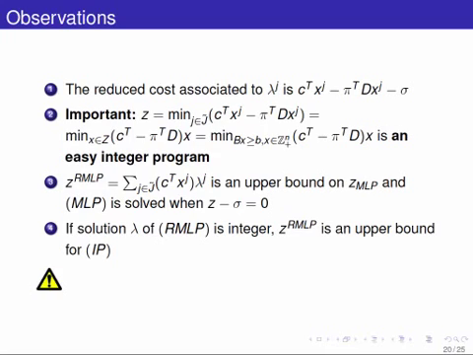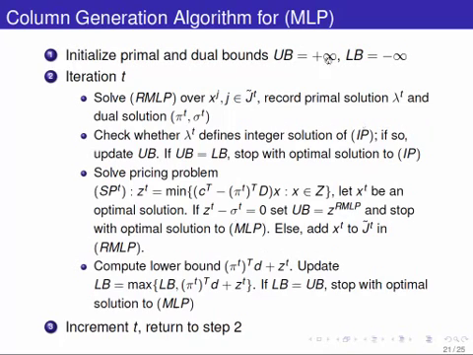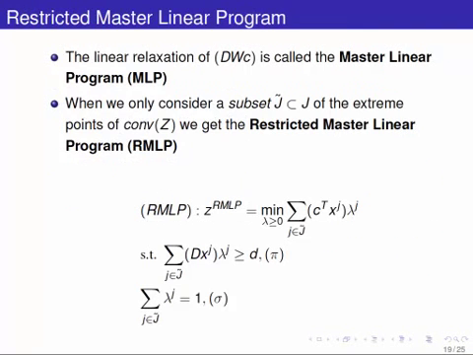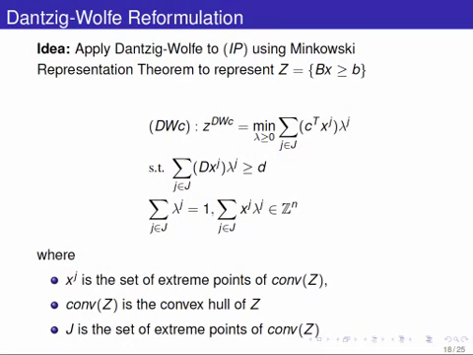I don't want to torment you with too much more information. So this is basically the algorithm written out in detail, but if you understand Dantzig-Wolfe, you kind of get the idea here. And there's a couple of other slides that show that if you had taken the dual of this,